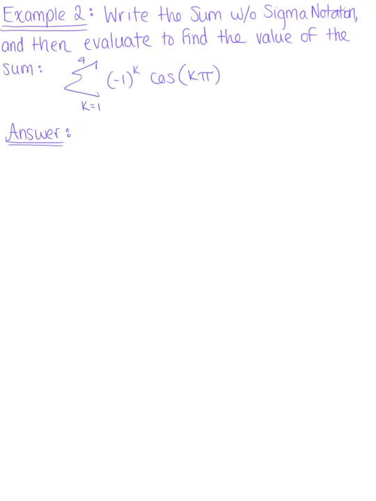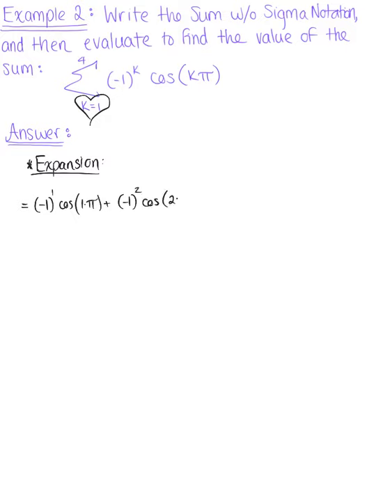Example number 2. Write the sum without sigma notation and then evaluate to find the exact value of the sum. And so the first thing we want to do is simply find the expansion. So expand this out, starting with your lower limit of summation, k is 1, and then at each k until we get to 4. So let's go right for this. So when k is 1, this is equal to negative 1 to the first, multiplied by cosine of 1 times pi, plus negative 1 squared, multiplied by cosine of 2 times pi,